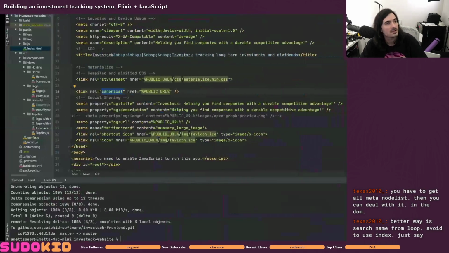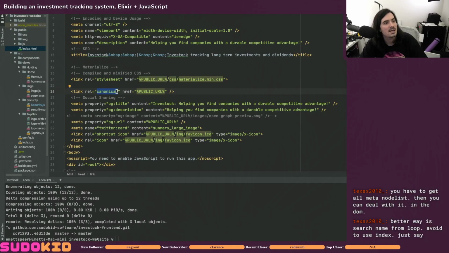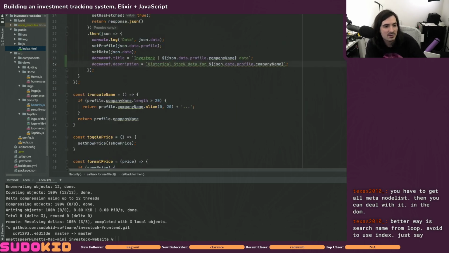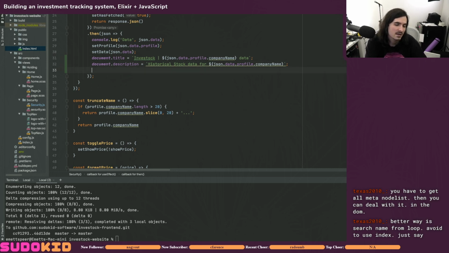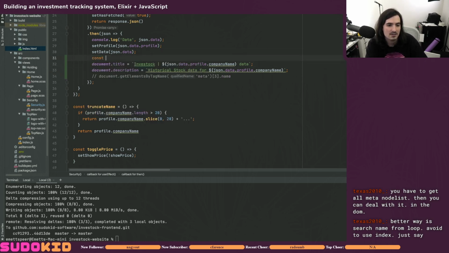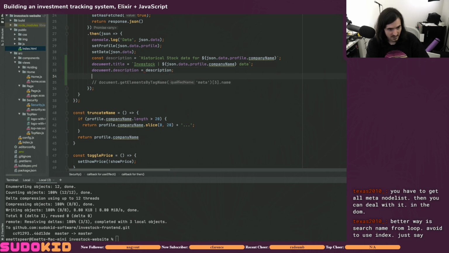Better way to search name from loop to avoid using index. Just say I'm actually going to do that. It's just more, you know. This just gives me the template to start from. Const description equals description. And then here we would do